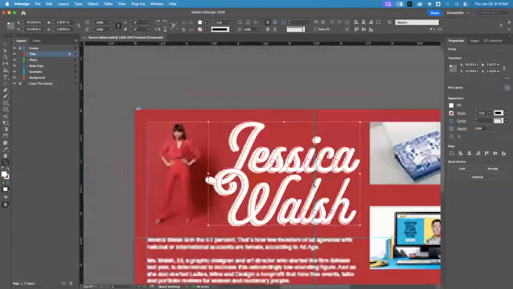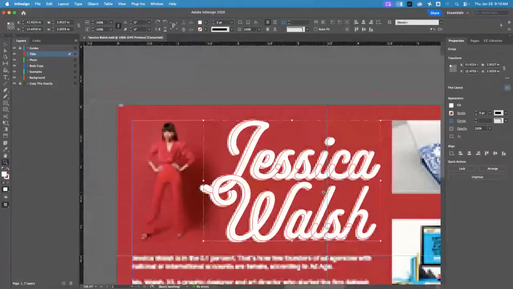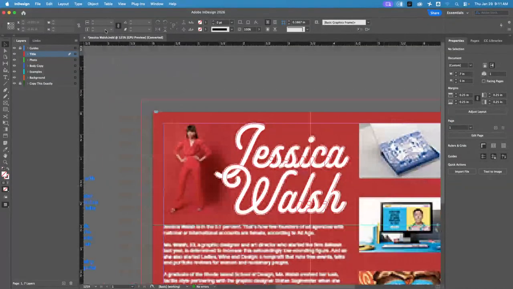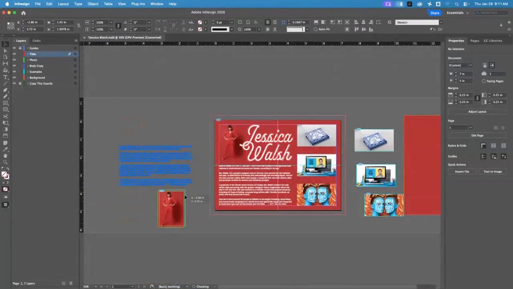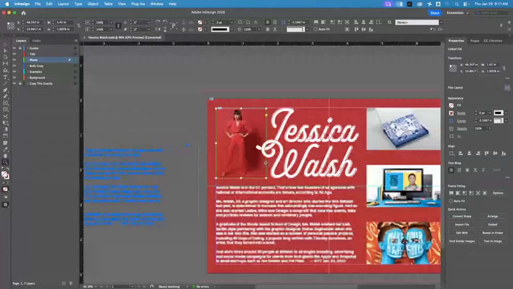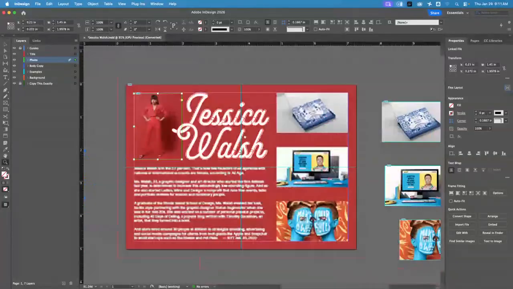Then we can zoom in, and if you want to, use the arrow keys on your keyboard to nudge it into place. It's simple, and this is why we're starting out like this. You'll be like, this is just like Illustrator. You move it and it locks into place. Now, there's sometimes, and this is only if you want to,